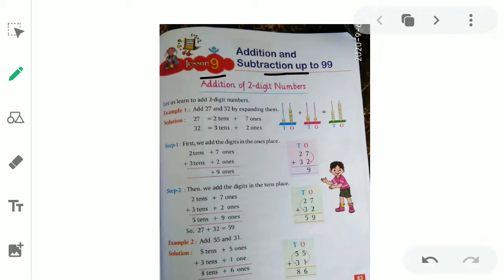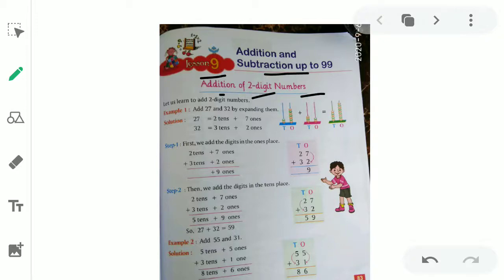First of all, we have addition of two-digit numbers, then we have addition of numbers with 0 at the place of ones, then we also have addition with carry. Then we pursue the parts of subtraction, like subtraction of two-digit numbers, then subtraction with 0, and subtraction with carry. So first of all, today we are going to start with the first concept, and that is addition of two-digit numbers.